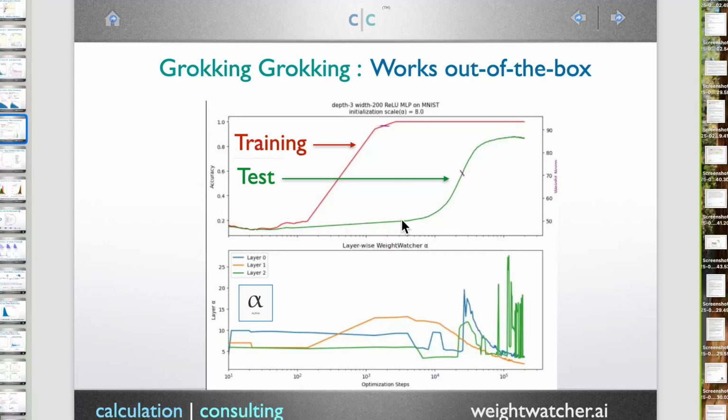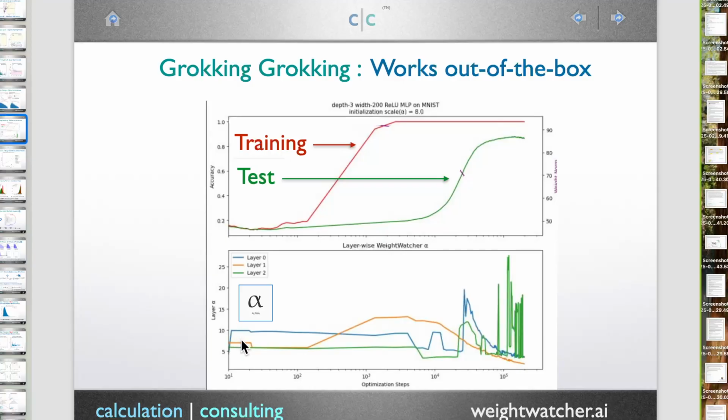It's random. And then all of a sudden, the test accuracy jumps and we get like 85% test accuracy with this model. If you track the layer alphas, you'll see that there's one layer which is very random. It's up at 10. It's basically random. And so the training is being described by one layer. There are 3 layers here, but the green layer is the output layer, so it only has 10 eigenvalues. That's not so important. What's important here are the blue and the orange curve.